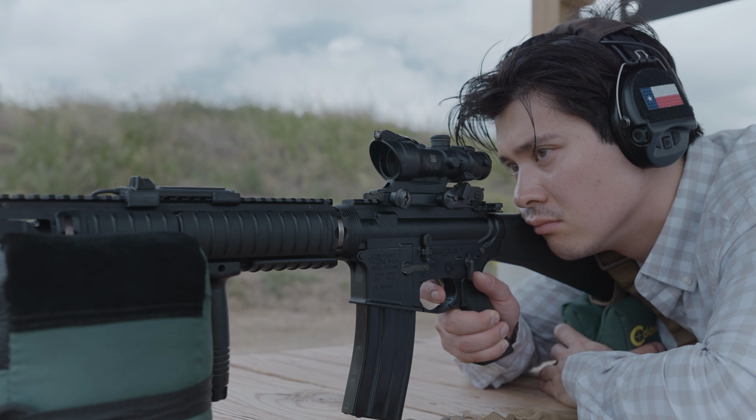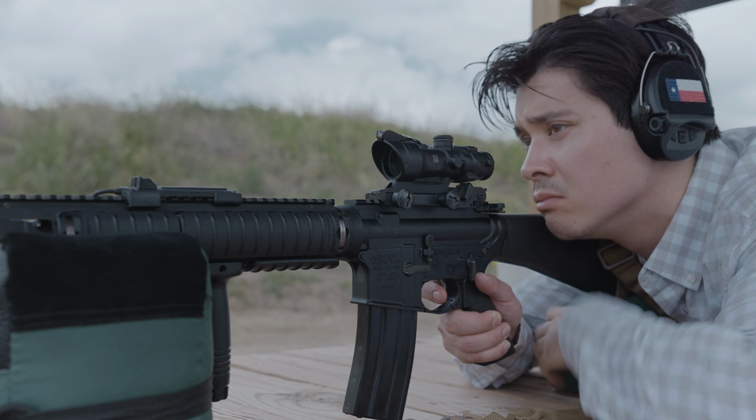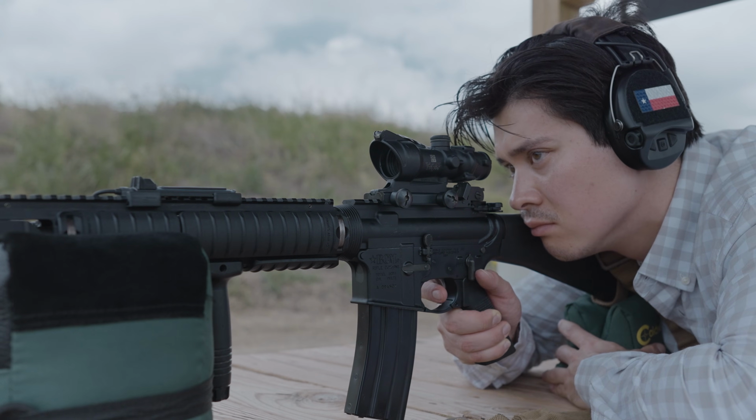And so this is definitely nothing that I've experienced with the ACOG. It's always been very crisp and very clear. And even after about 2 years of having it, I always still am impressed by how, when I look down the sights of the optics, I always have a very sharp and good natural looking eye box, or natural looking